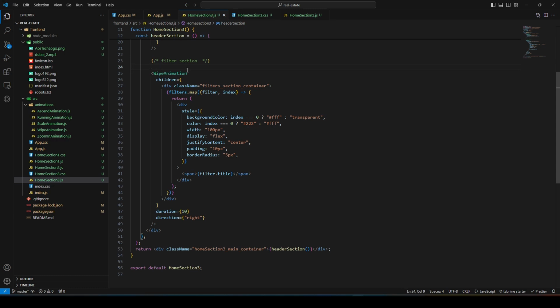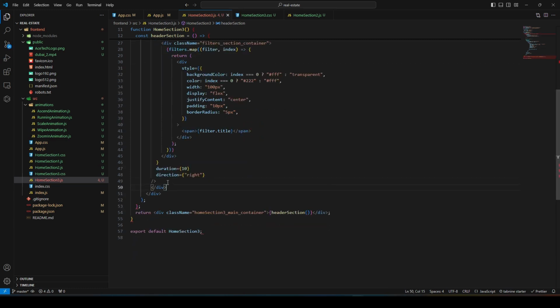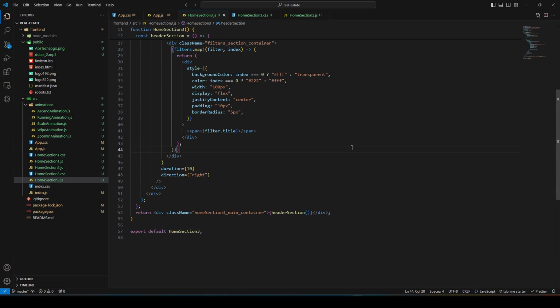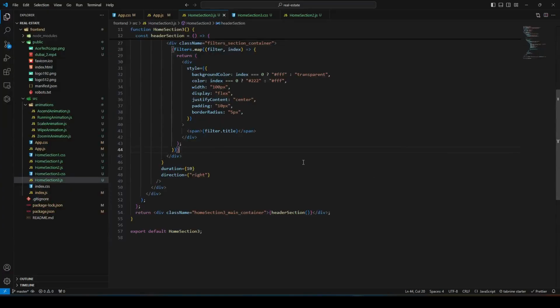What we can do is quickly wrap this inside a div. Let's go ahead and wrap this inside a div, and this would solve our issue of the animation moving towards the end. So let me quickly show you the UI now. Let us reload it, and now as you can see, because we have passed a duration of 10